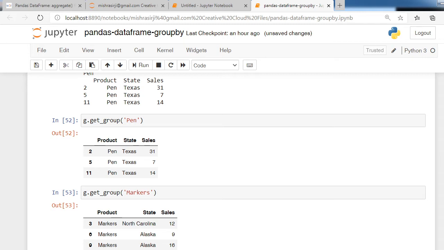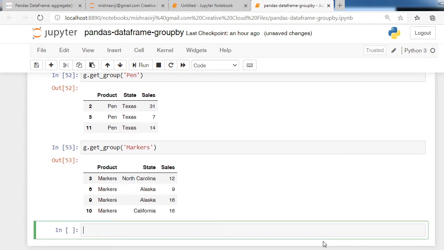Now apply some function and get the combined result. So we can use here the count function or any aggregate function: count function, sum function, min function.